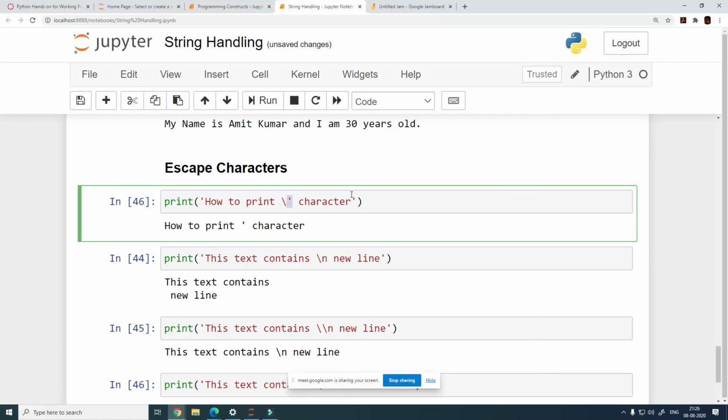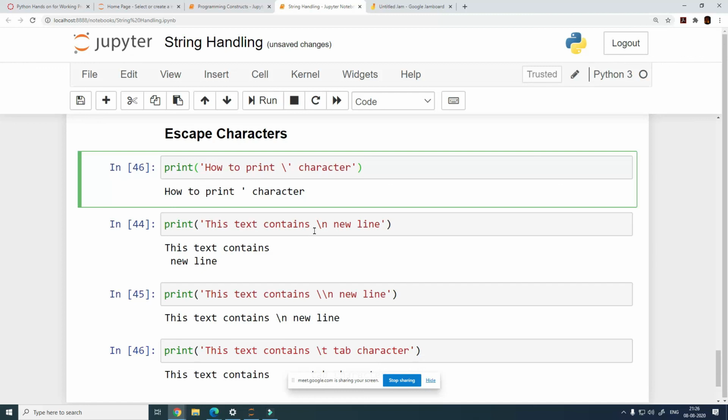The special meaning of this character was that it is used to either start a string or end a string. Now that meaning has been overwritten over here. So this is now being used as an ordinary single quote character, and not as a single quote character which starts or ends a string. That is why the escape character is not getting printed, but this single quote is. And that is what we can do with any characters which have a special meaning. If you want to print double quotes, you can do the same way.